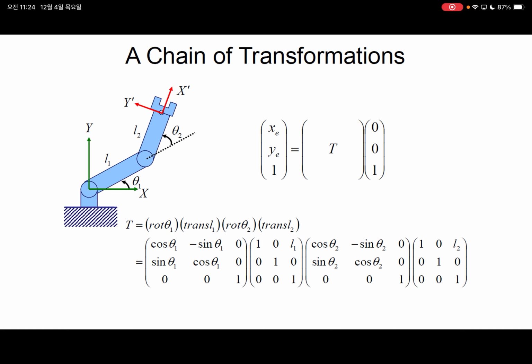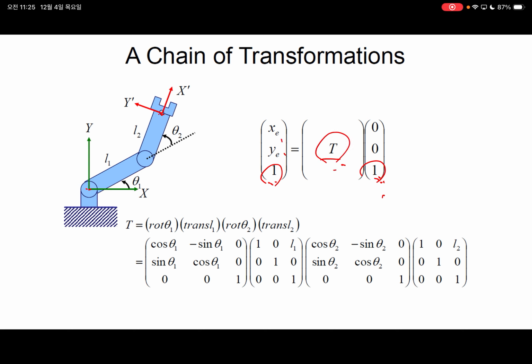XE and YE are the position of this end effector. And then we start with the origin, 0, 0. And this is the homogeneous coordinates, so that we have 1 in homogeneous coordinates. And we need to find matrix T so that it can convert origin to the target position. If we can get T, then we can just do matrix multiplication so that we can get XE